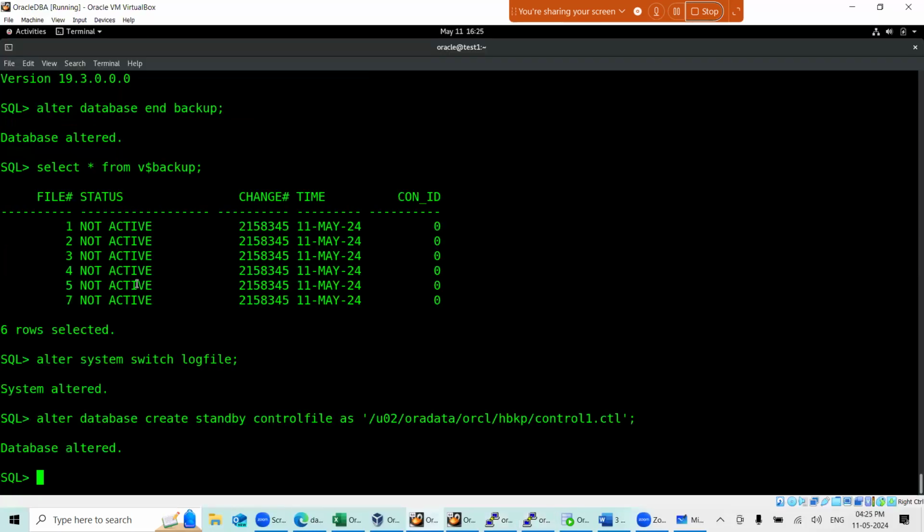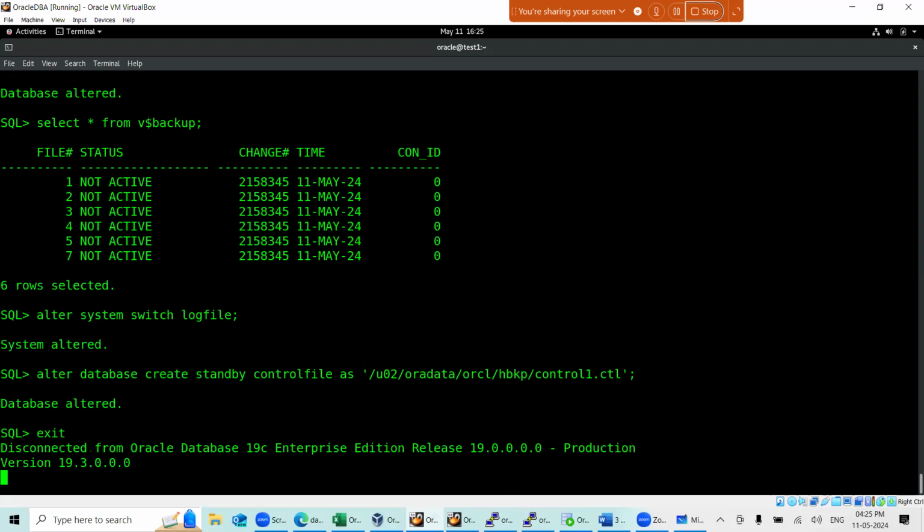Okay, this hard backup you have to transfer there. Just now we took the hard backup. So exit from here. See, my entire data file is there in U02 only. There is nothing in U03. So I will go to U02 Aura data ORCL hard backup,